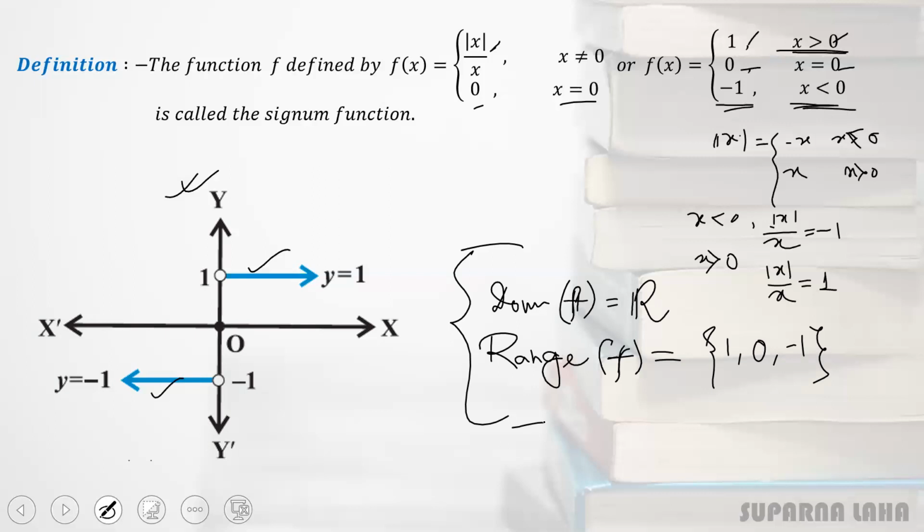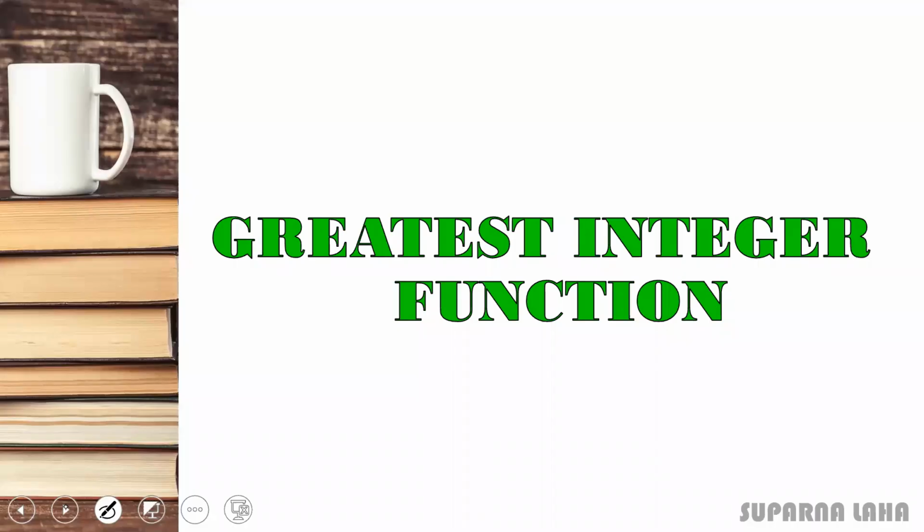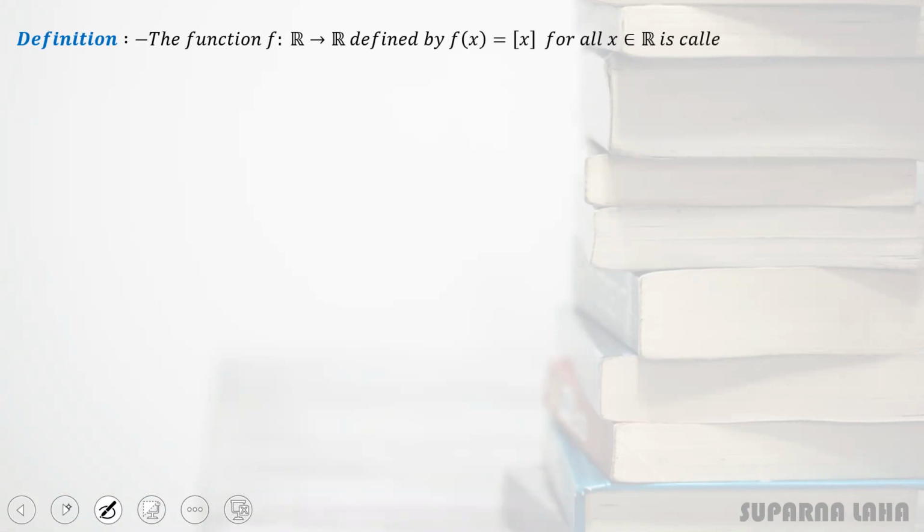Okay. So the next type is the greatest integer function. Now what is the greatest integer function? Or we can say this is box x. So let us define this one. That is, the function f from R to R, defined from the set of real numbers to real numbers, and we can define the function as f(x) is equal to the third bracket of x, or we can say the box x is called this greatest integer function. Now, what do you mean by this box x?